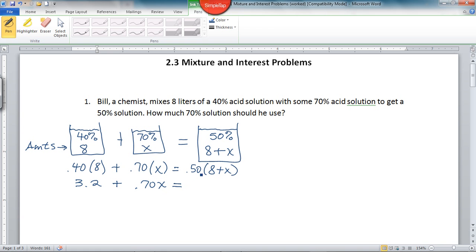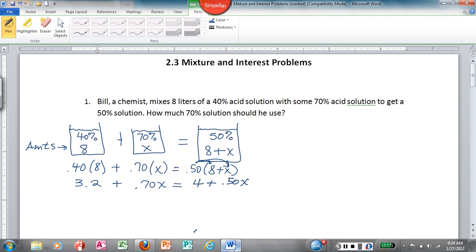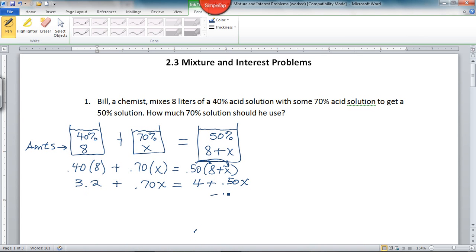Then over here on the right side, we've got 0.50 and in parentheses 8 plus x, so I've got to do a little distributing, don't I? Multiply that 0.50 times 8. Well, 0.50 times 8 is 4. And then 0.50 times x is 0.50x. Now we just solve this linear equation. Get the x's on one side, the constants on the other. I'm going to subtract my 0.50x